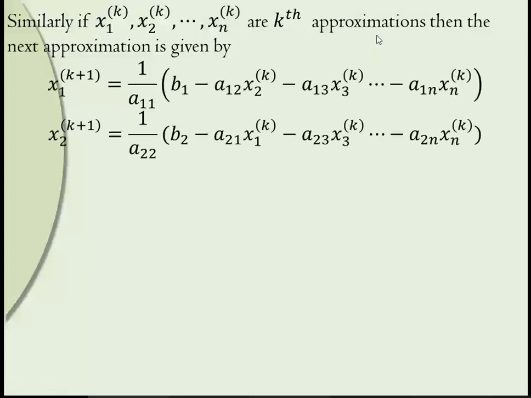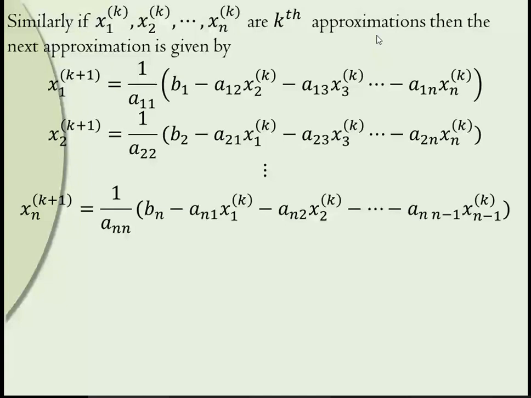The equation is x1k plus 1 is equal to... wherever variables are there on the right hand side, take the suffix as k. Here for the left hand terms, take the suffix as k plus 1, and for the variables on the right hand side, take the suffix k, written as a power in brackets, (k). Okay, so if we get the kth approximation, we can easily get k plus 1. If we know k plus 1, we can get k plus 2.